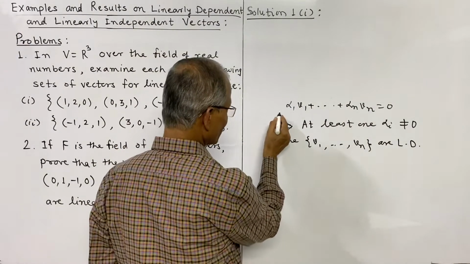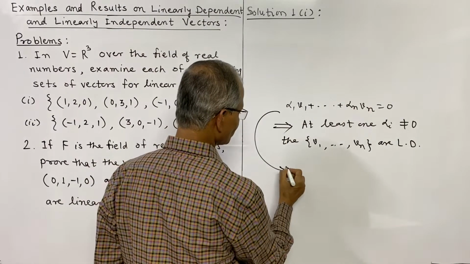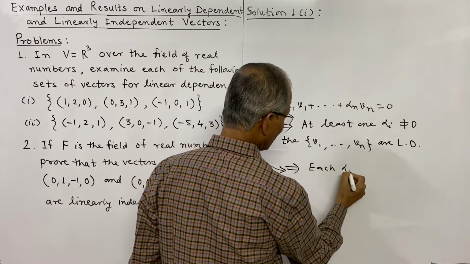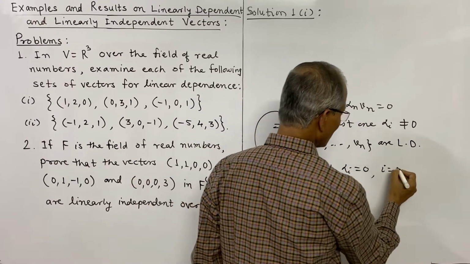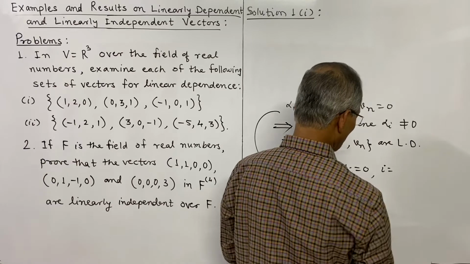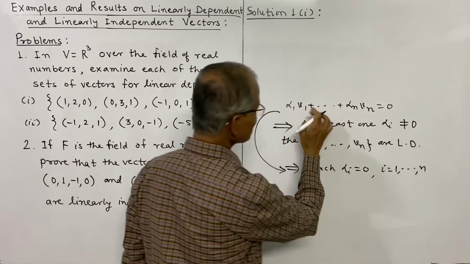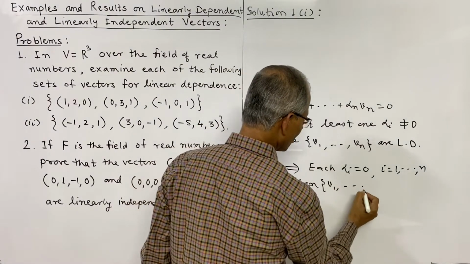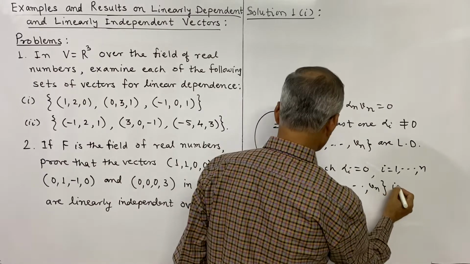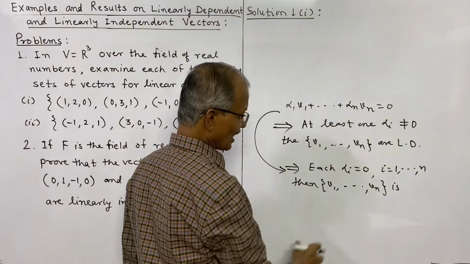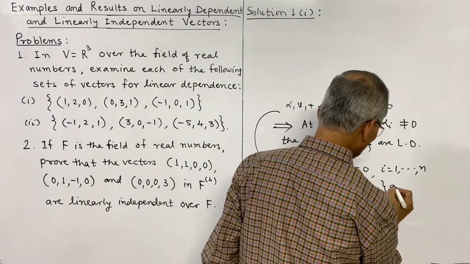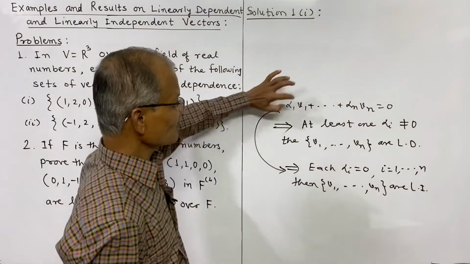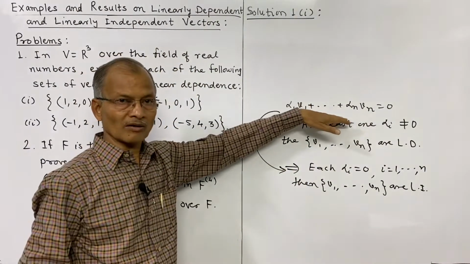And if the same implies each alpha i is equal to 0, i taking values 1 to n, if each scalar is 0, then these vectors v1 up to vn are linearly independent. So this is the definition we have studied, and thus for checking linear dependence or independence we have to form